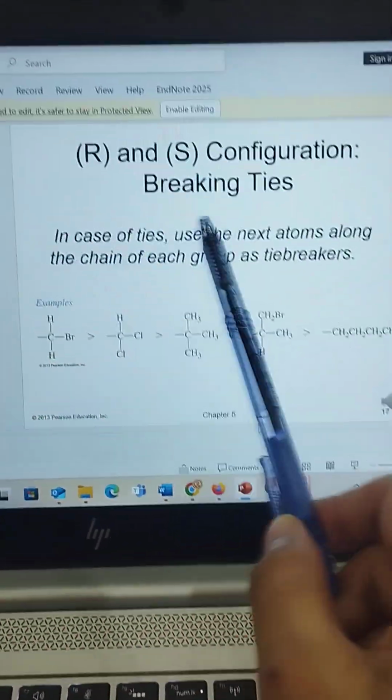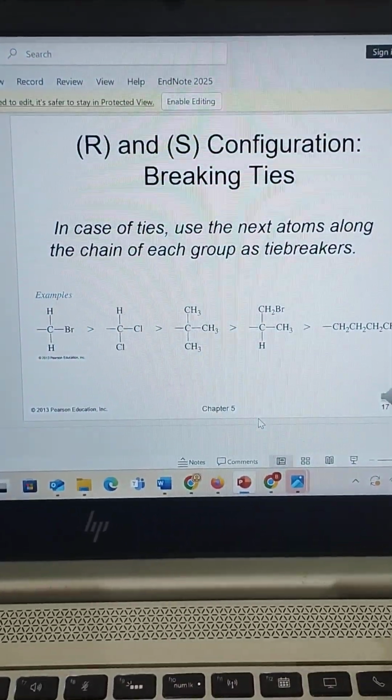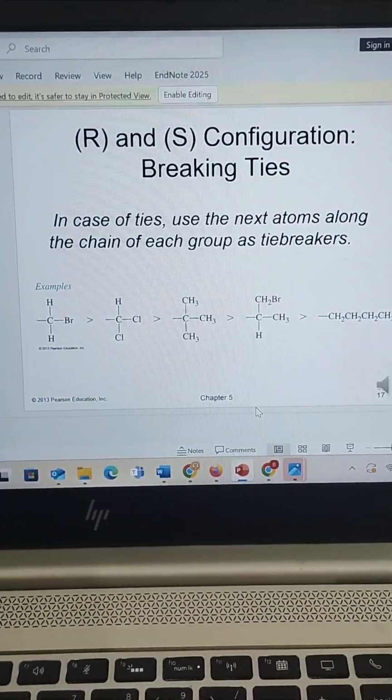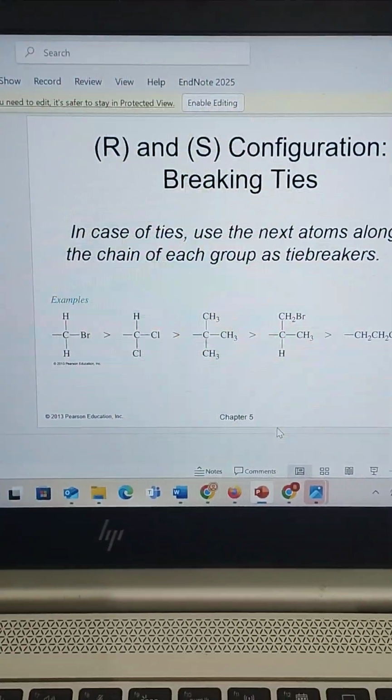In case of ties or secondary attachments, use the next atoms along the chain of each group as tiebreakers. For example, we have the same two attachments. How will we assign it? Then we will